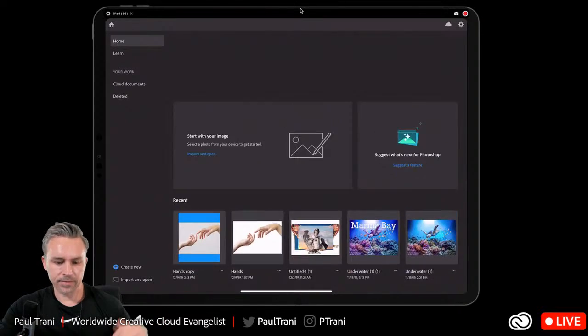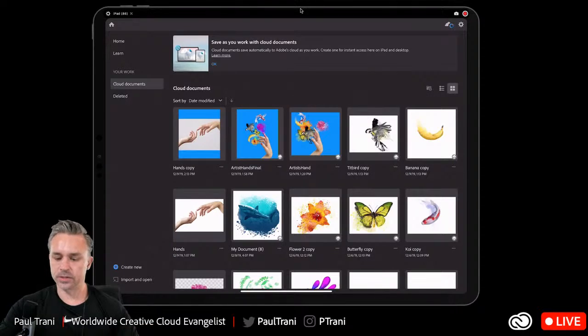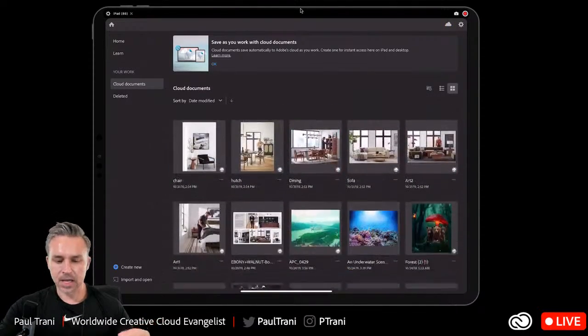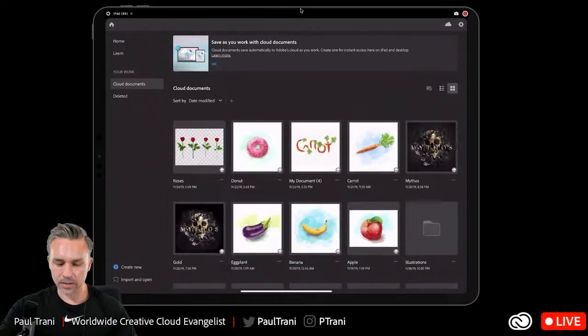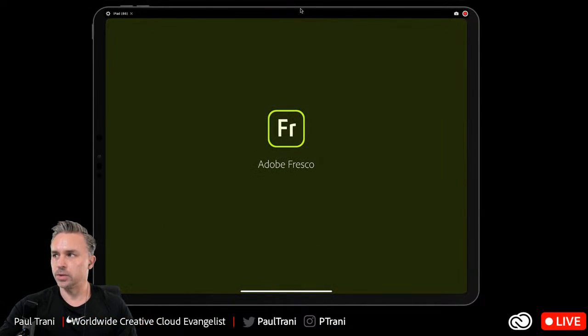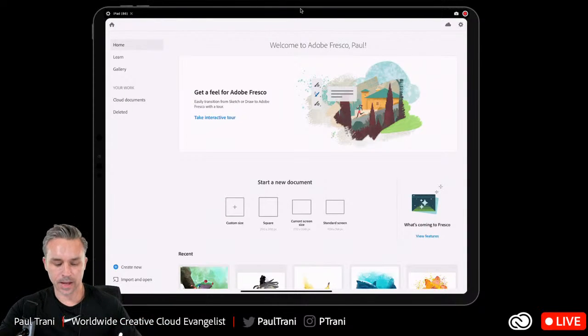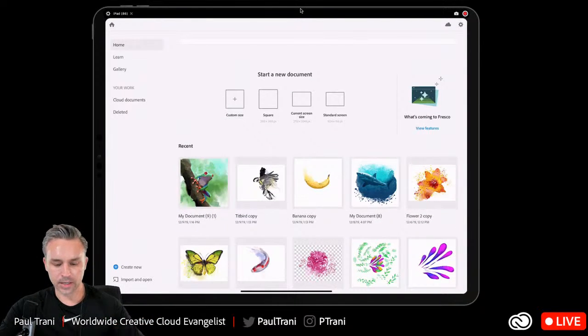So here's what I have, Photoshop on the iPad. I can scroll through some of this work that I've been working on. I can go to Cloud Documents. You can see a number of assets, and I would say a good chunk of these have actually come from Fresco. So when you're working in Fresco, you're going to have access to those same files that you made in Fresco also on the iPad. So you can see right over here my tree frog and some other things that I